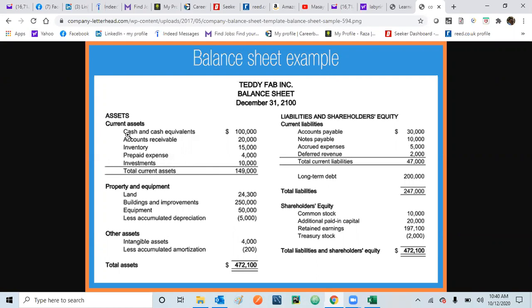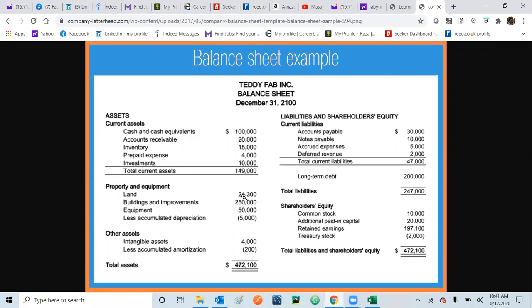Then come the fixed assets. What are the fixed assets? You have that asset, but it is difficult, or it will take longer, to get your money back. So let's say I buy a land for 24,000, but I know that if I try to sell it right away, maybe I have to pay the legal fees and other fees,